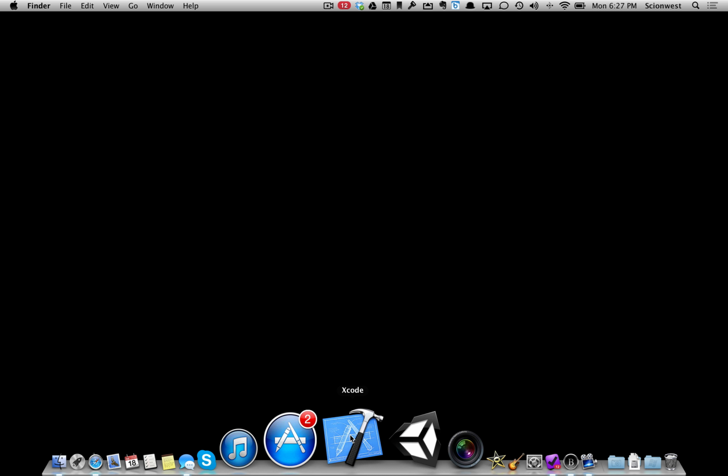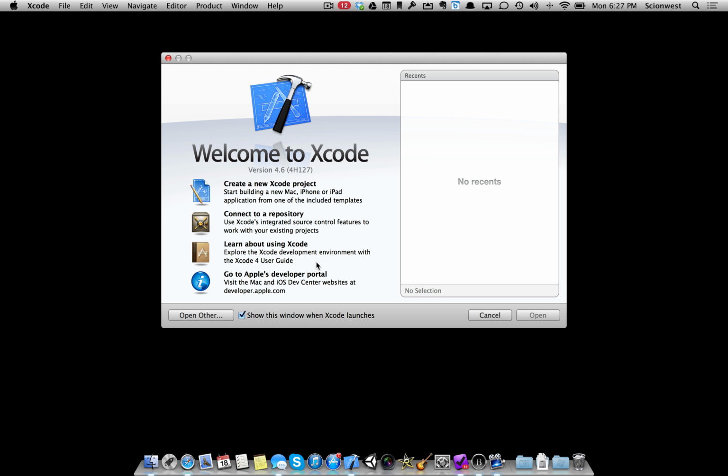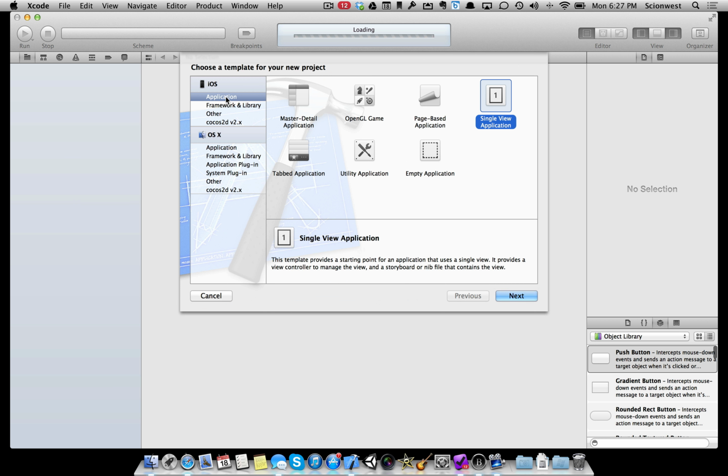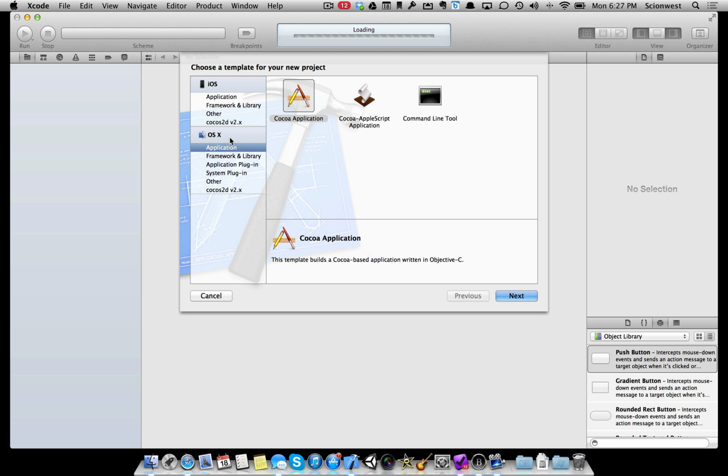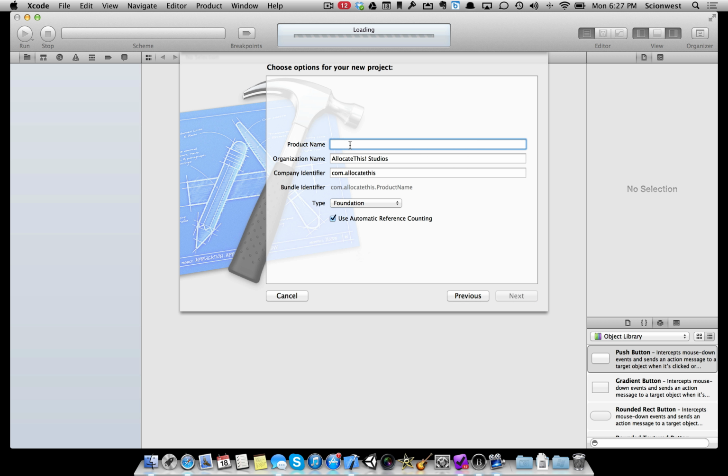We're going to open up Xcode and we're going to create a new game project, or a new code project. We're not going to start with an iOS project yet. We're going to stick with OS X and build a command line tool for now. So we will go next and we will call this